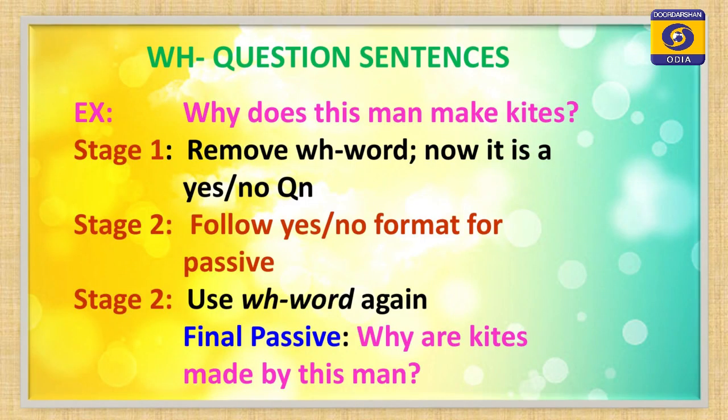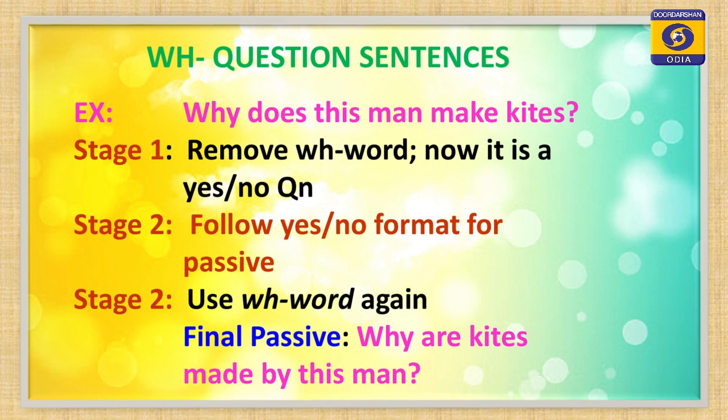Yes no questions: the answer to these questions is either yes or no. But what about the WH question sentences? The WH type sentences carry WH words like what, when, where, why, how. So, these are called WH word sentences. That is, we use a WH word at the beginning of the sentence, and such sentences are also called